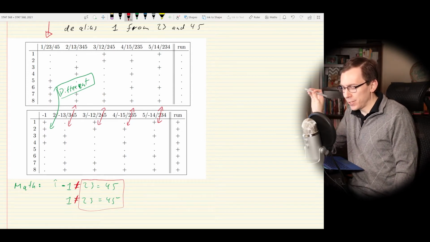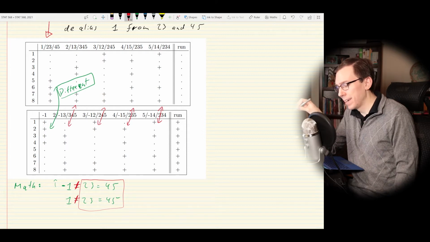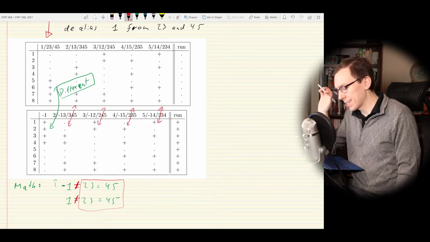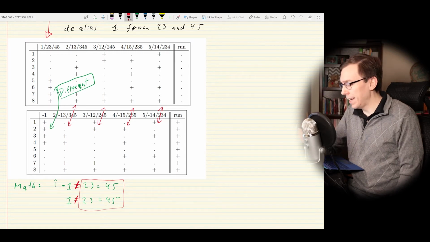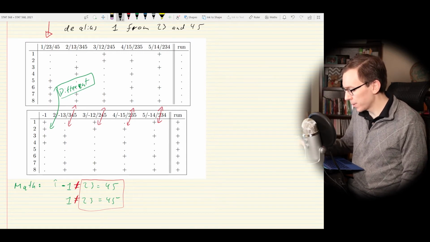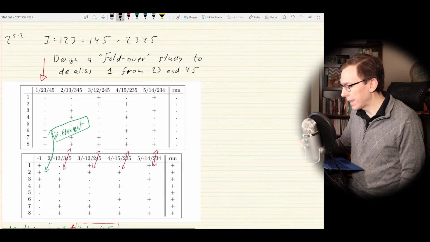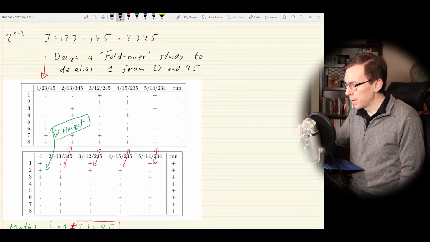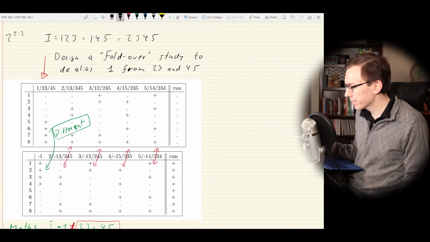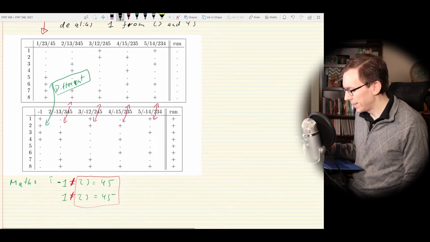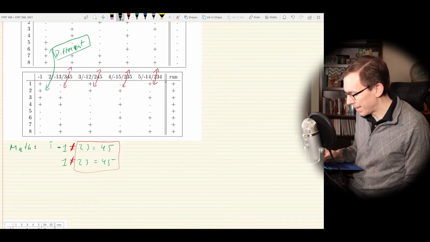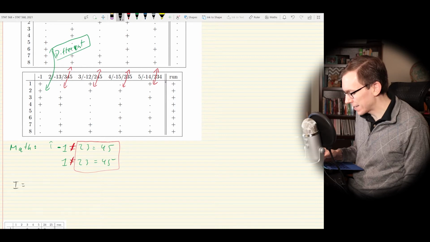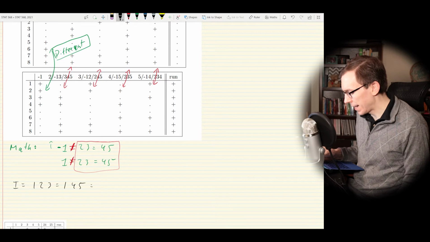We're still going to have that 2, 3 is aliased with 4, 5, but it is no longer going to be aliased with 1. And how we can see that another way, besides me just writing that, is to go up to here. Now, if I also flip the value of 1, then let me write this down here. So if I have my defining contrast subgroup, 1, 2, 3, 1, 4, 5, 2, 3, 4, 5, then by